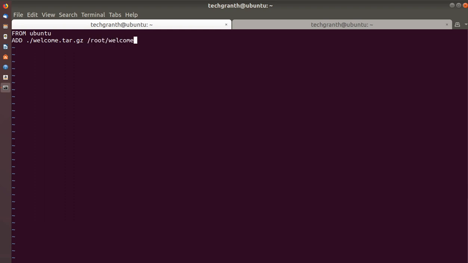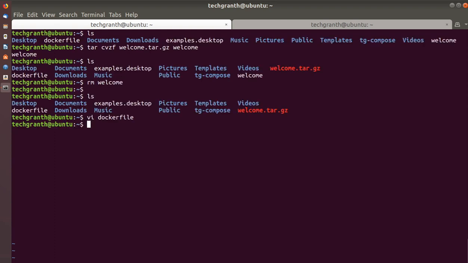Now we do not need to provide the destination, because when it extracts the tar file, it will copy that welcome file within the root directory. So let's just save it, and again let's create the docker-copy image.